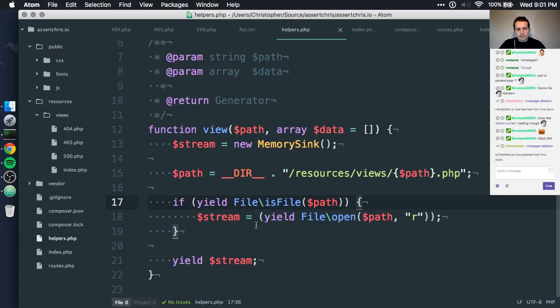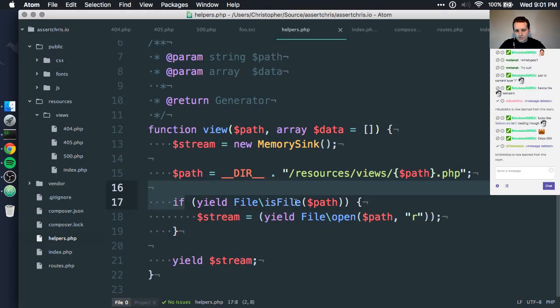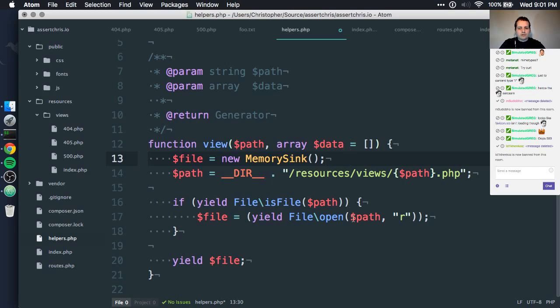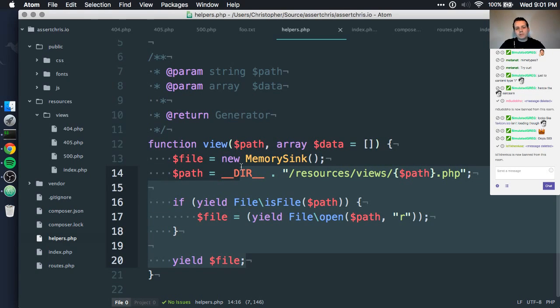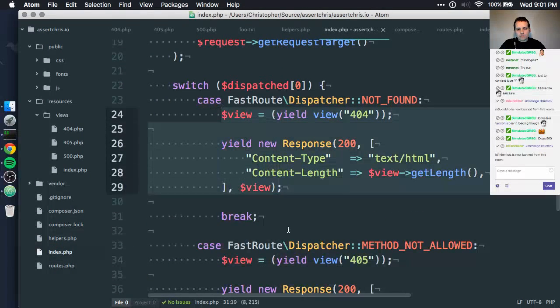So we have this helper file, and we create a stream from a file that exists, again using the asynchronous file I/O stuff. And this lets us render views a lot easier. Now we want to extend this later on to do actual template parsing, but we don't have to worry about that right now. And then we've integrated this view stuff back into our index page so that we can serve